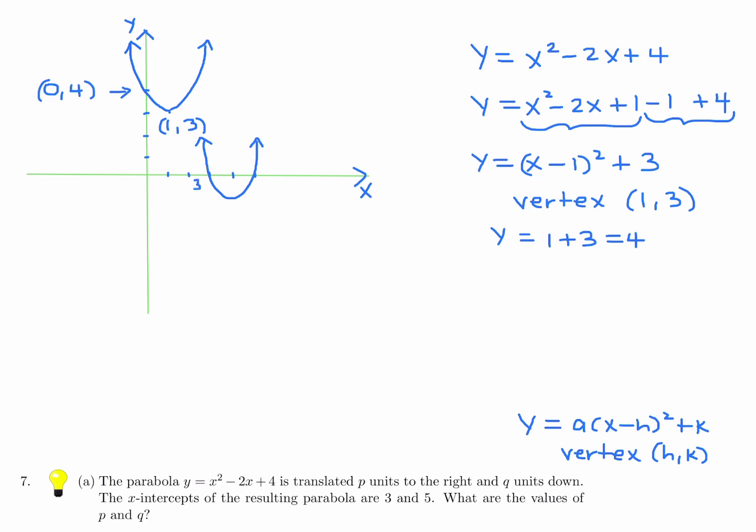Well, this is 3 and this is 5, actually. Because of the symmetry, this is 4. That means this is the vertex, and that vertex is going to have an x-coordinate of 4. The y-coordinate we don't know yet, but at least we know the x-coordinate we can figure out pretty quickly. So for this new parabola right here,